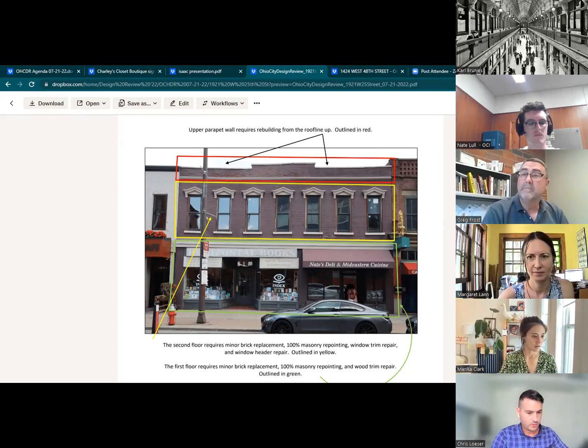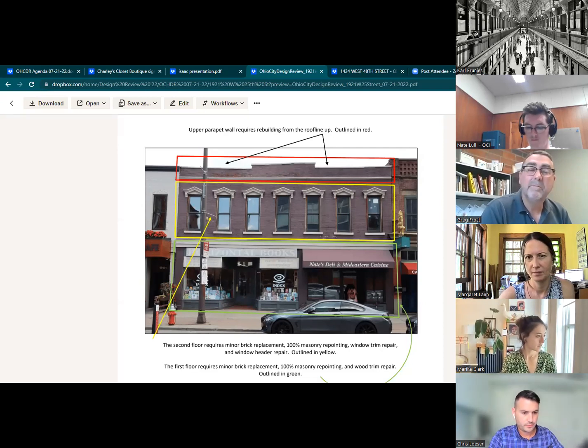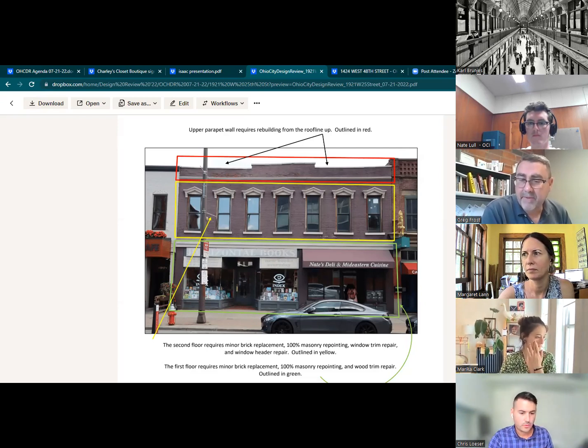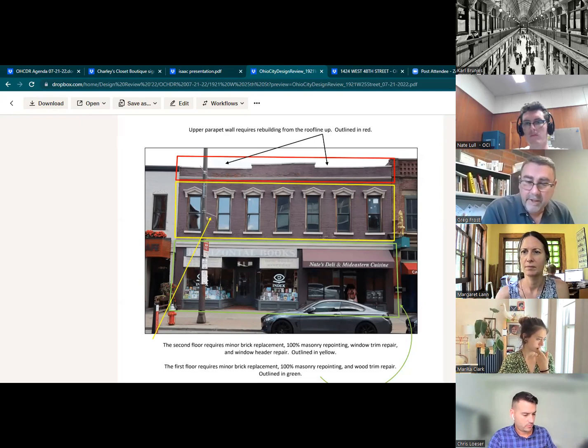Could you tell us about the window trim work in more detail, what that's about? I can't see that all that well from this photo. On the upper windows there, they had windows replaced, and they framed them with like a rough cedar, and they installed them from the inside. So they basically put some framing around the outer brick, installed the windows, anchored them, and they trimmed them nicely on the inside. When you look from the inside, you don't see any gaps, but on the outside, when they